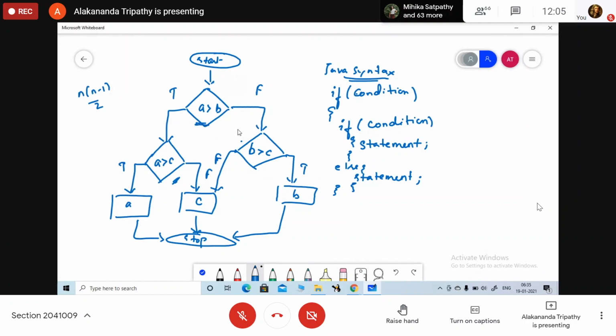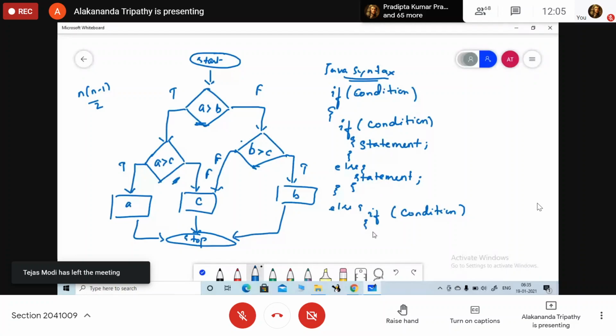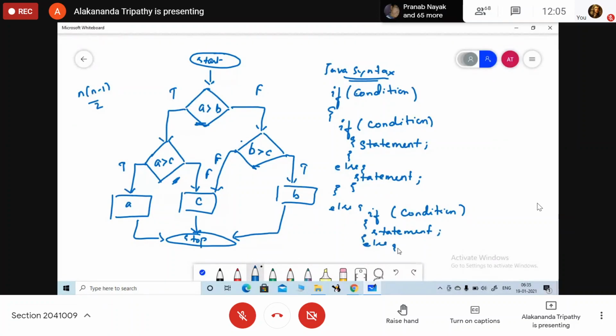Now, if this part is false, then what are we going to do? Else, we are going to check another condition. Within the else we have an if condition, its statement, and otherwise, in the else part, we are going to execute another statement.